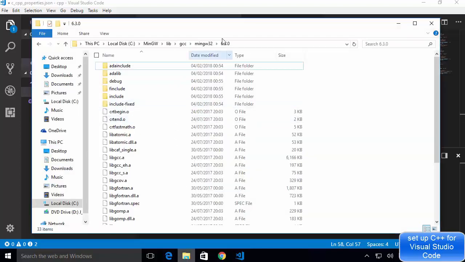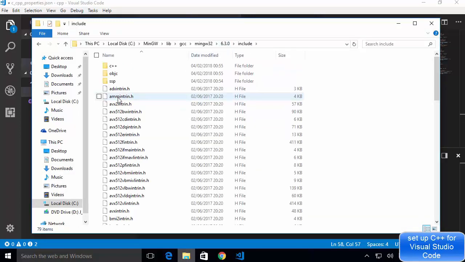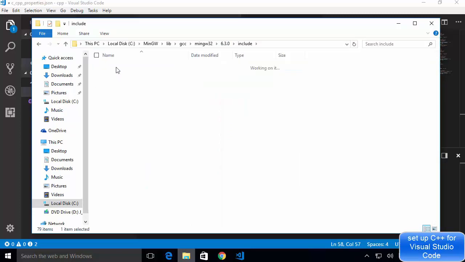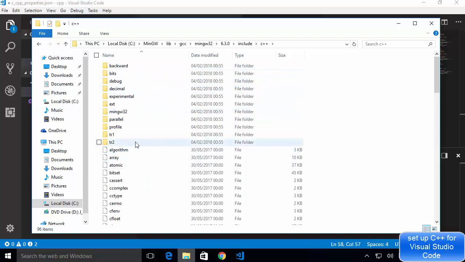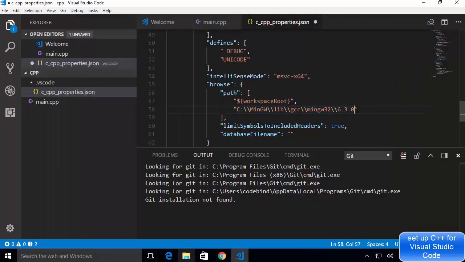Inside this 6.3.0 there is an include directory, and inside the include directory you have the C++ directory where all the include files for C++ are, right? So you just need to add include/c++ also. So here just add /include and then /c++.